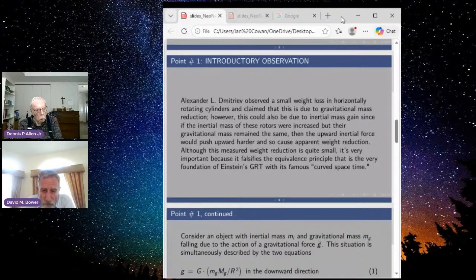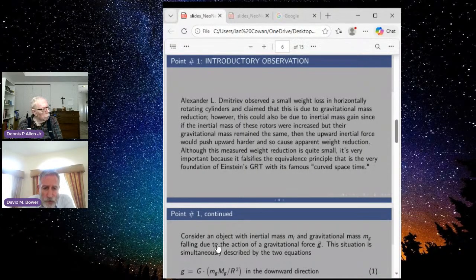Another reason the equivalence principle is wrong is because of tidal forces. The gravitational force of the Earth is radially, well, it expands as a sphere. It's not perfectly uniform, so it introduces tidal forces, which can allow you to distinguish between that. Am I making sense? Is everyone following what I'm saying? Yes. Okay, let's go on to point number 1, continued.